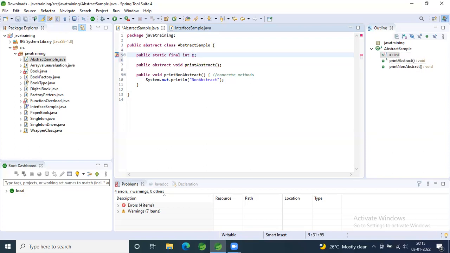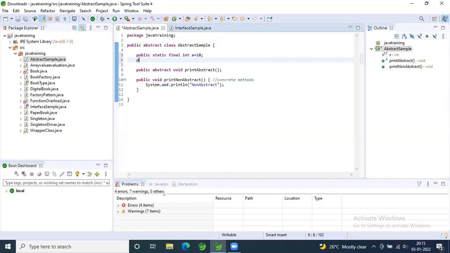You have to initialize the value, since we give final, we have to initialize it. Right? The same way, give one more, or give private this time, private, and some data type and different value. It's better to initialize, so we'll see what is happening. You better initialize it. Okay, cool.